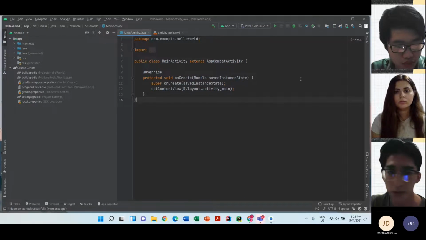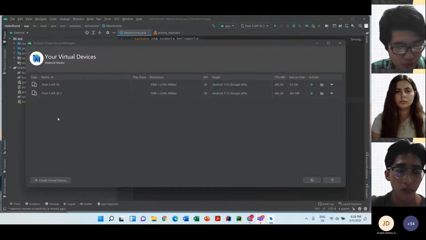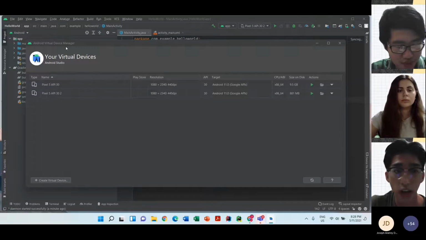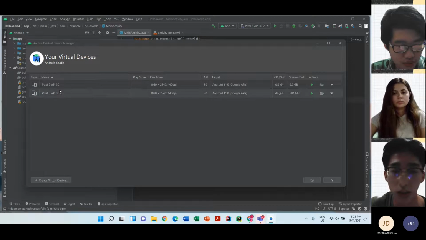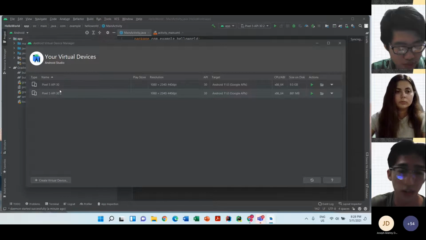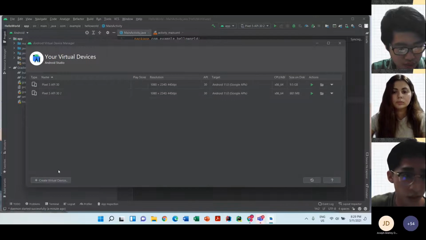If you guys are okay, then we will go to download the emulator. Just click right here, there is a call AVD manager. You'll just need to follow me and click AVD manager here. Actually this page is the Android Virtual Device Manager, so you can manage all your virtual devices here. What is a virtual device? A virtual device is like a phone that you have on your computer. You can click around using your touchpad, mouse, or whatever you are using. So let's create a virtual device.